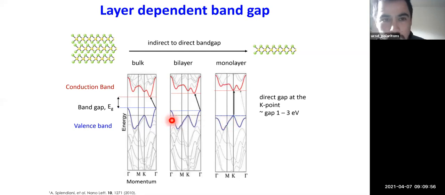Okay. So like I was saying, the indirect transition is affected by the presence of the neighboring layers, and because the valence band